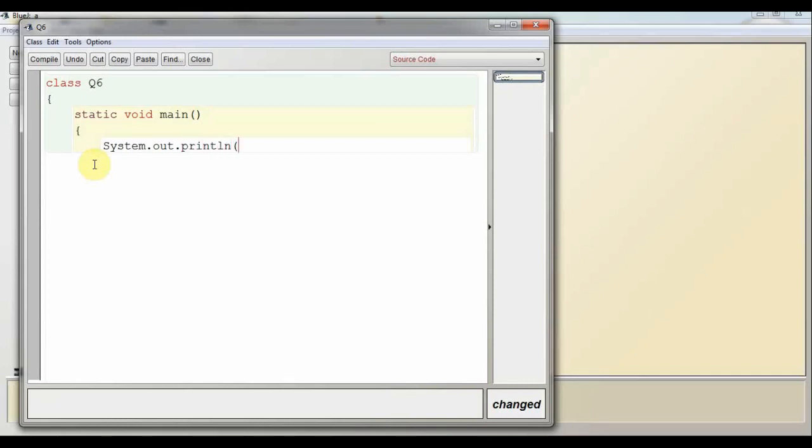System.out.println. Here I am typing any 5 fruits names, suppose apple, banana, grapes, guava, and the last jackfruit.